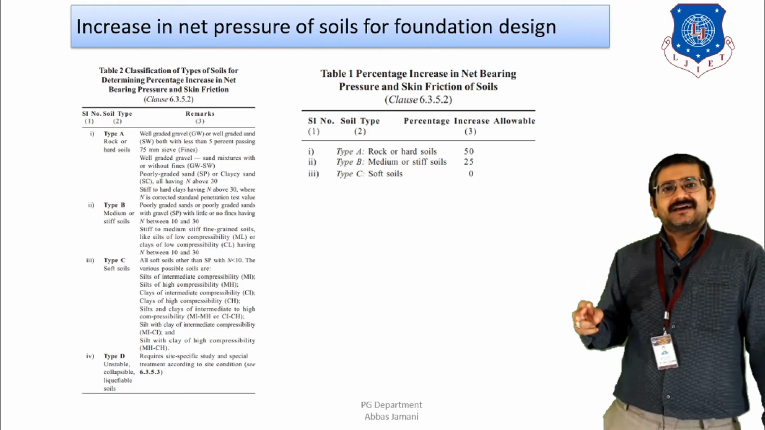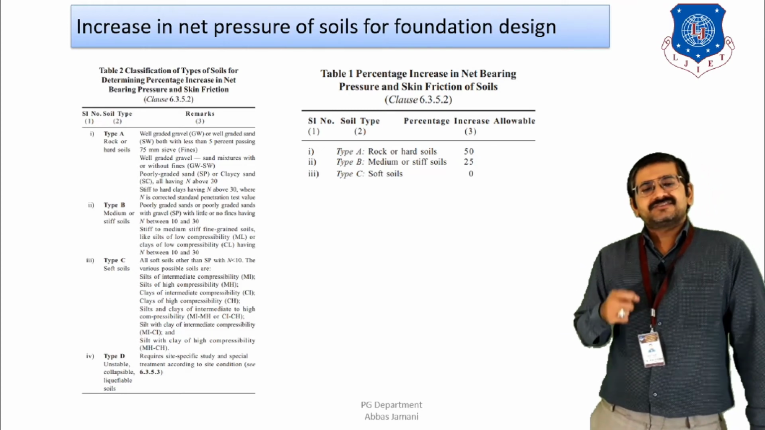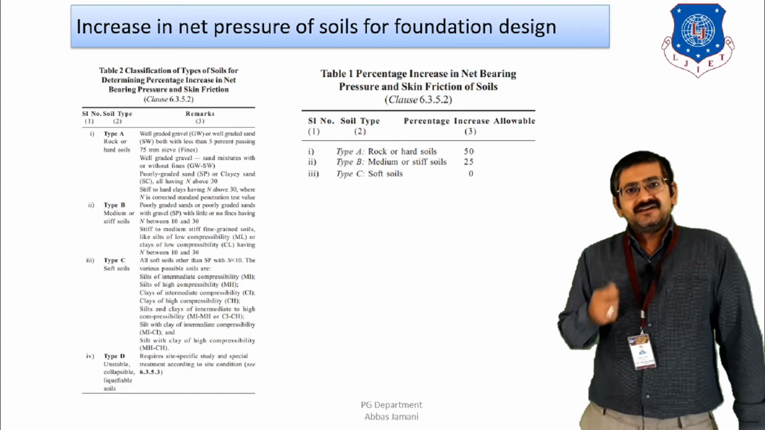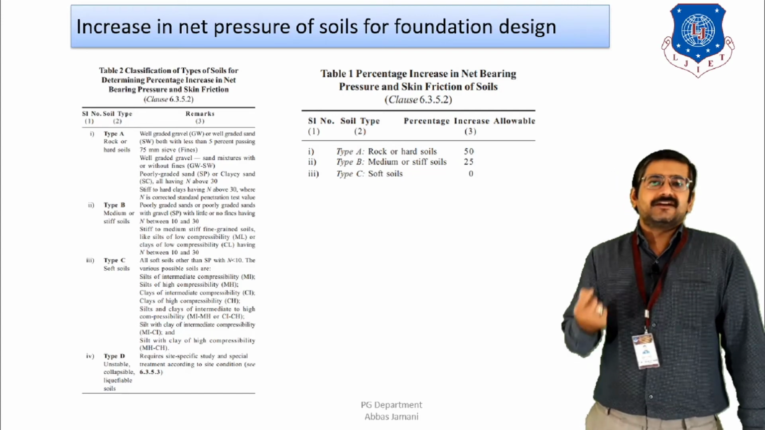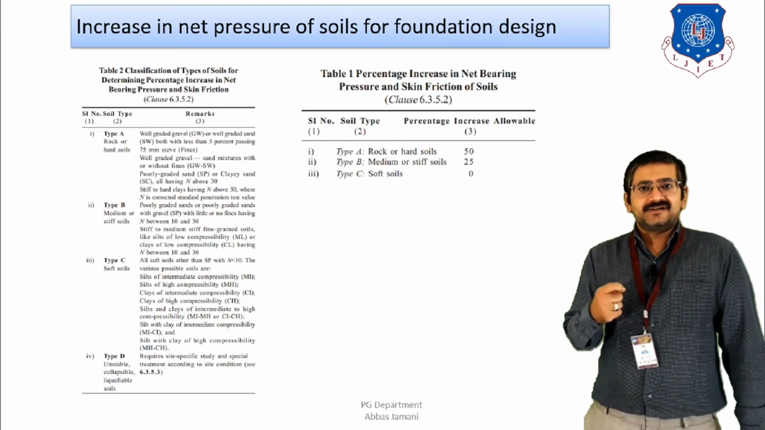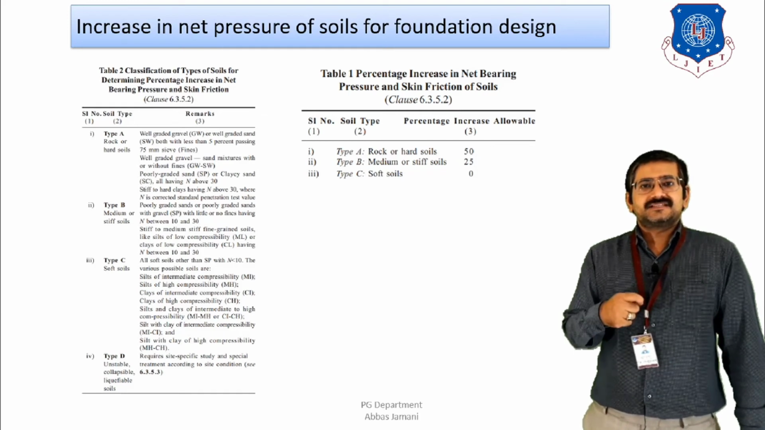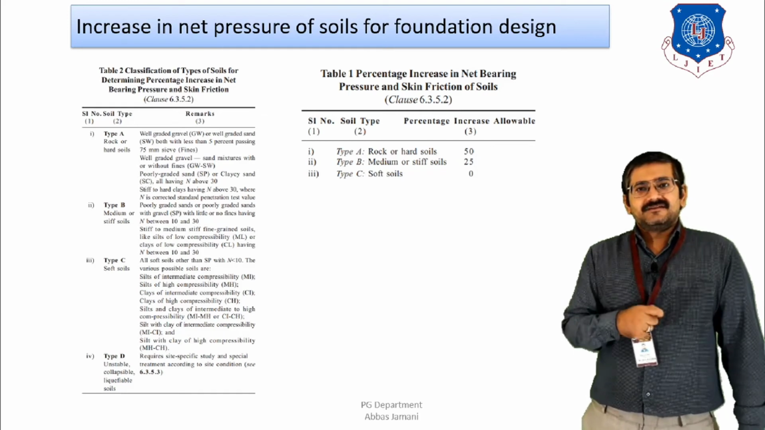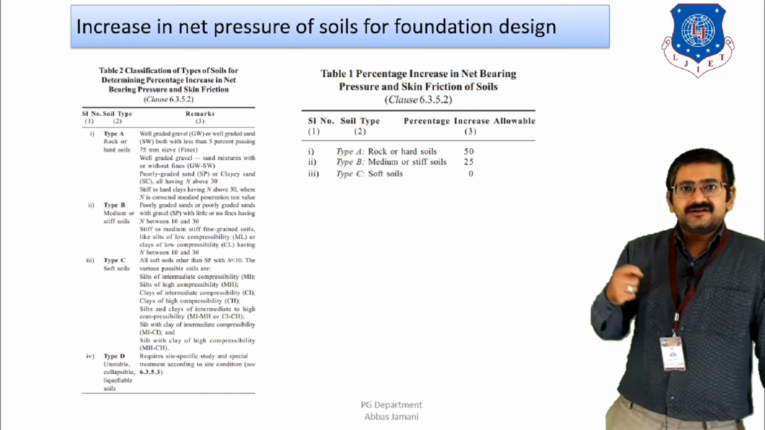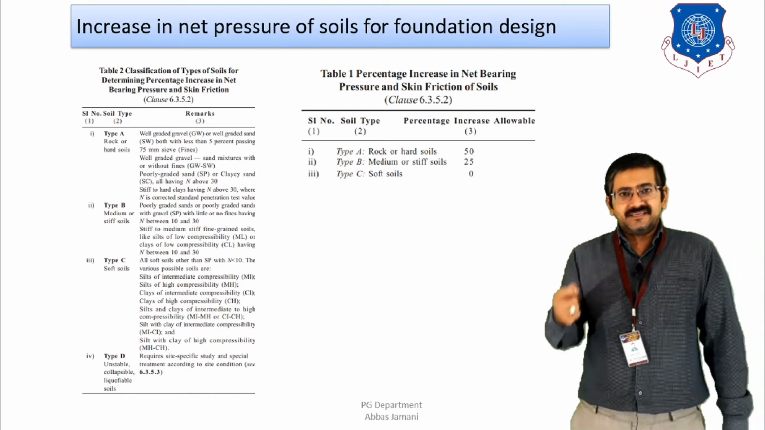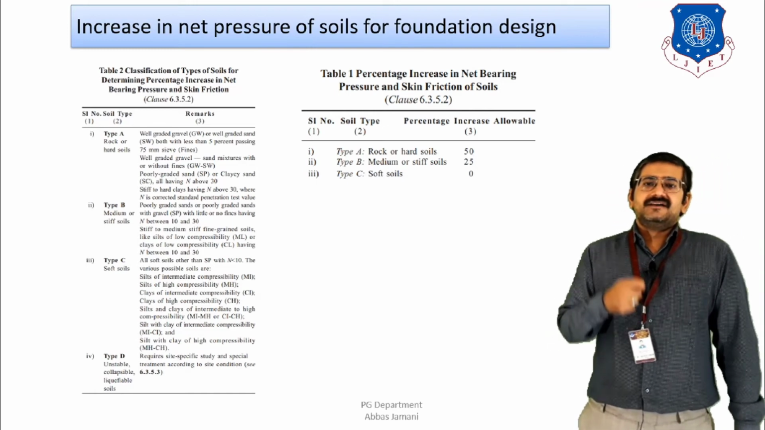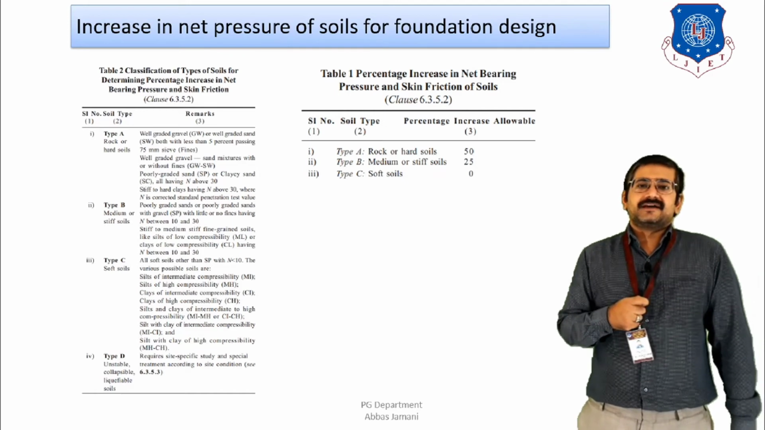Then the second category is the medium soil, where the soil is stiff to medium in nature, and the N value is in the range of 10 to 30. If I take examples, I can take the soil classification SP, then GP, or I can take the classification as CI, CL. These types of soils fall under the category of the second case,